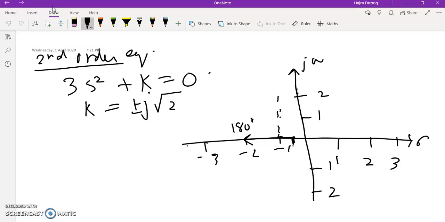Then let me make this, this is going to be 60 degrees, and this is somewhat going to be 300 degrees. Now over here our value would be root 2, and here minus root 2, and this is our breakaway point, and this is going to be